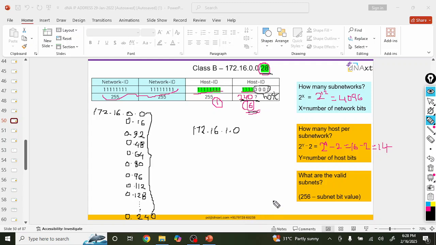Then it will become 2.0. Where will it go like this? The last, 4096th